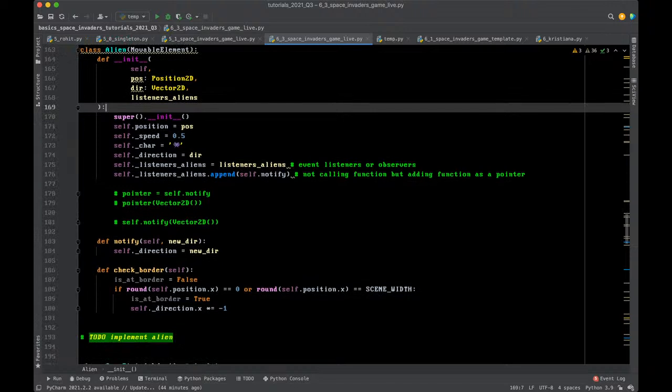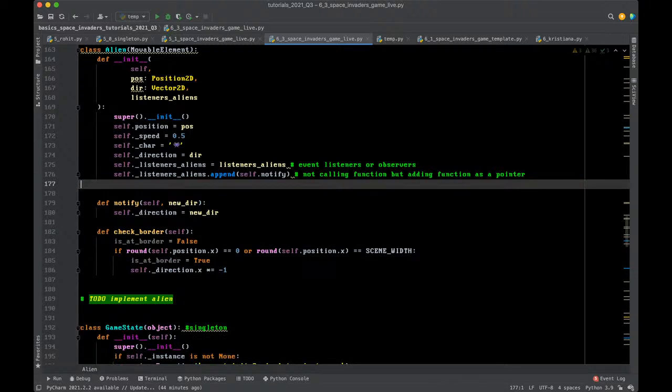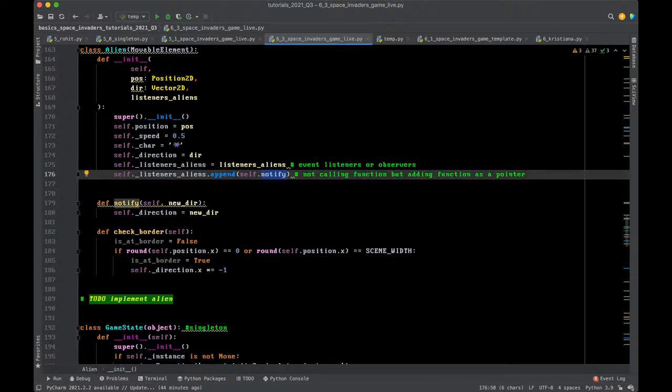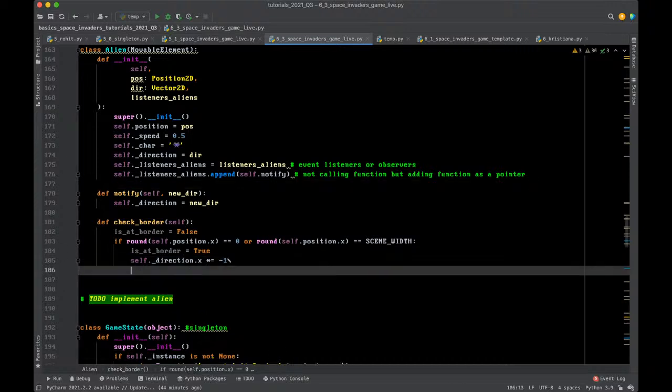So in this case, at least you have the idea how it works, now that I gave you that example. So we added this function pointer to this list. So we kind of have a list of function pointers. So now we have that list. That's great. So what we do here then,